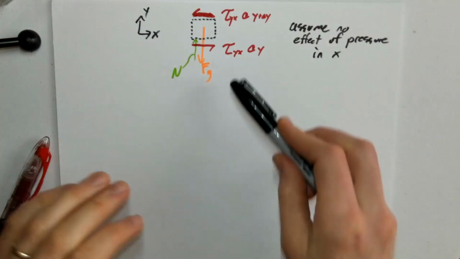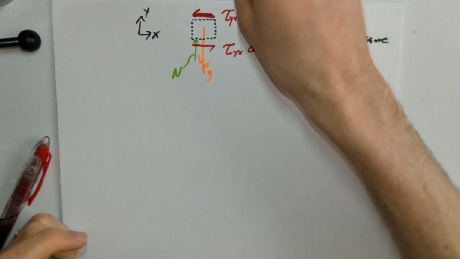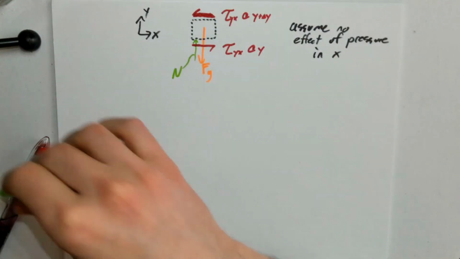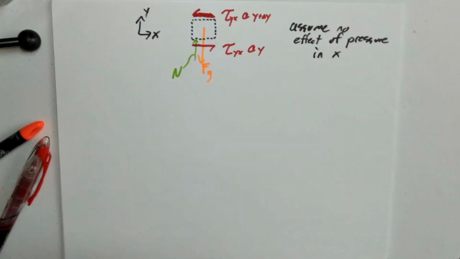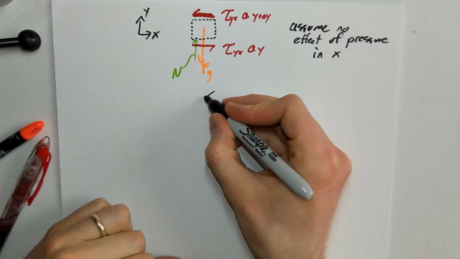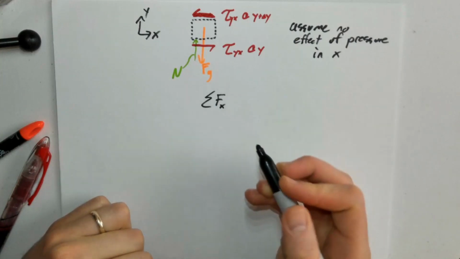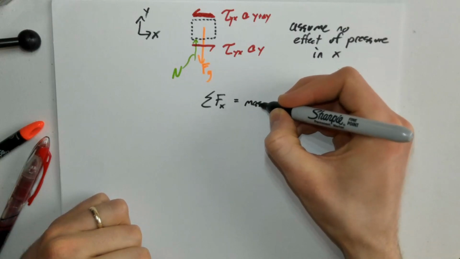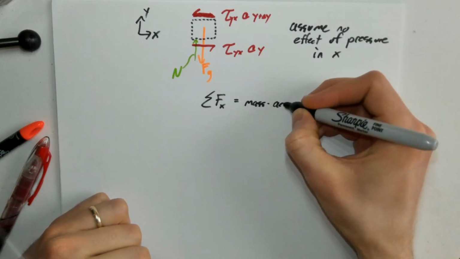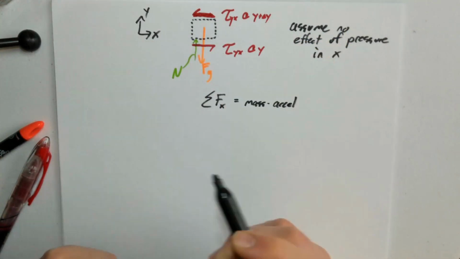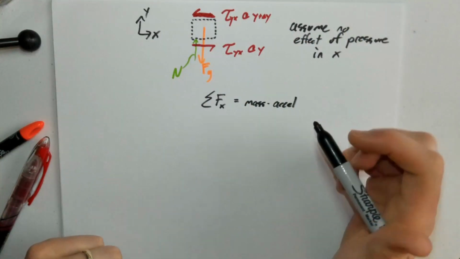So if we're looking at all of these forces, we might be able to get some more information about shear stress here. What we know is that if you sum the forces, and in particular if you sum x forces, then that's equal to mass times acceleration. If we're considering this chunk of fluid as a body, like you would in mechanics,